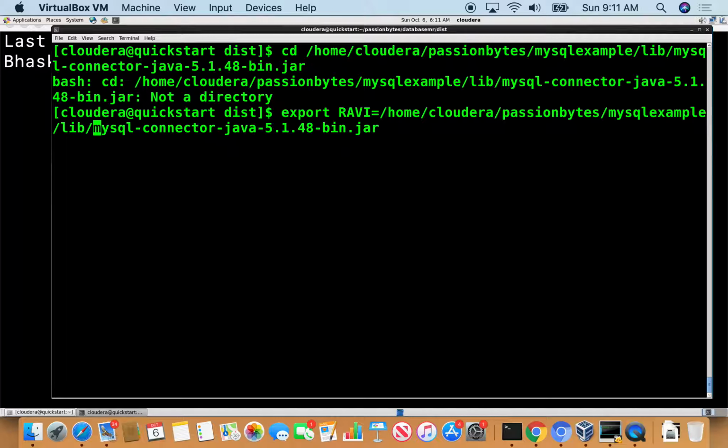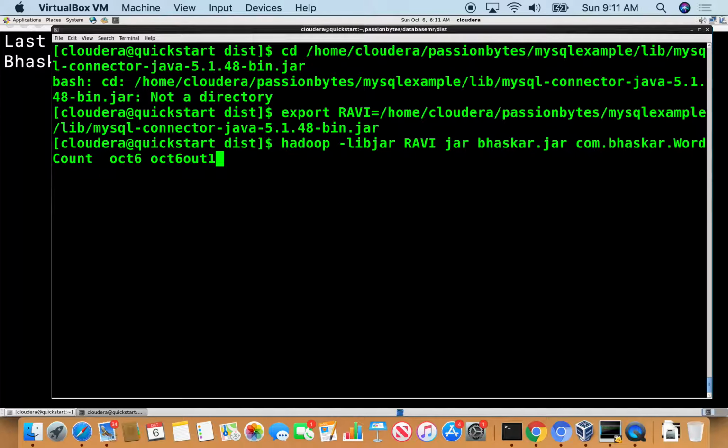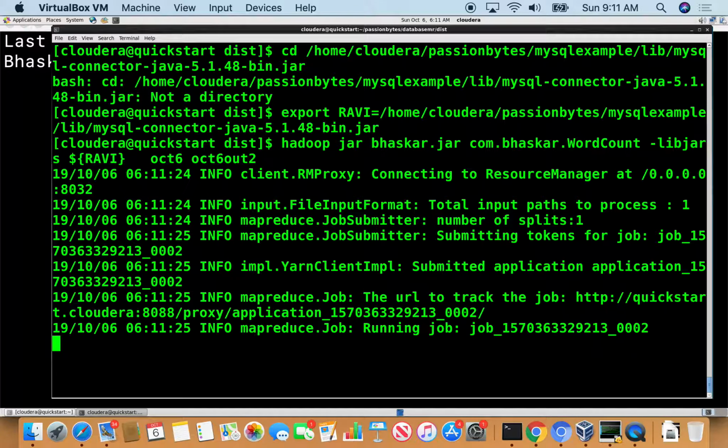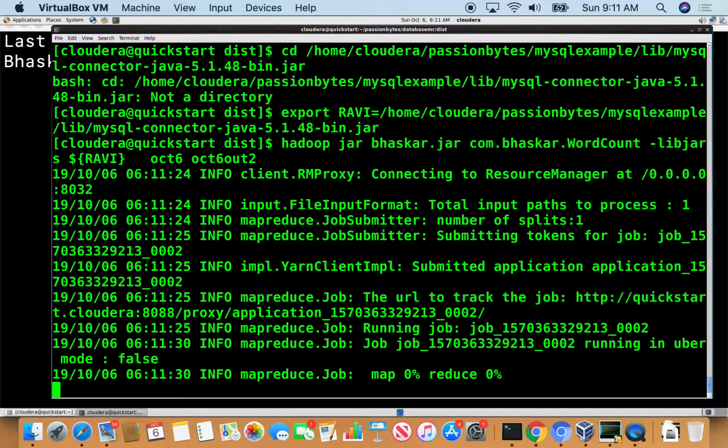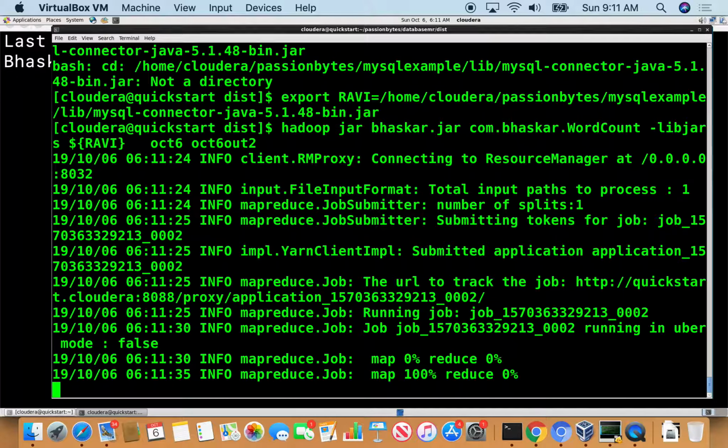Double types. So I export that variable and now run that particular code by giving minus libjars $ravi and let us give output 2. While it is running, can you now tell me what is libjars doing? Why have they invented a special word? Why will jar not work? Look,